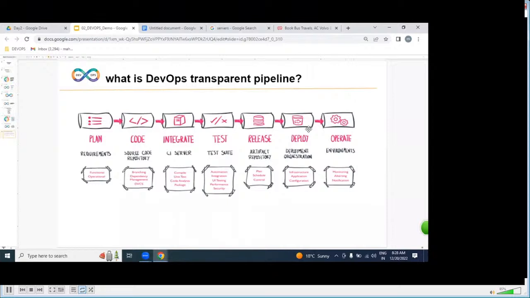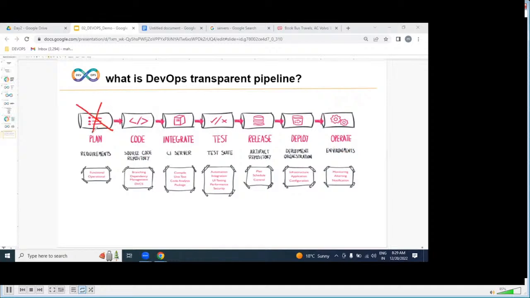In this DevOps transparent pipeline, we have several stages: planning, coding, integration, testing, release, deploy, and operation. But our roles and responsibilities start from where? Dev environment. And end where? Operations.